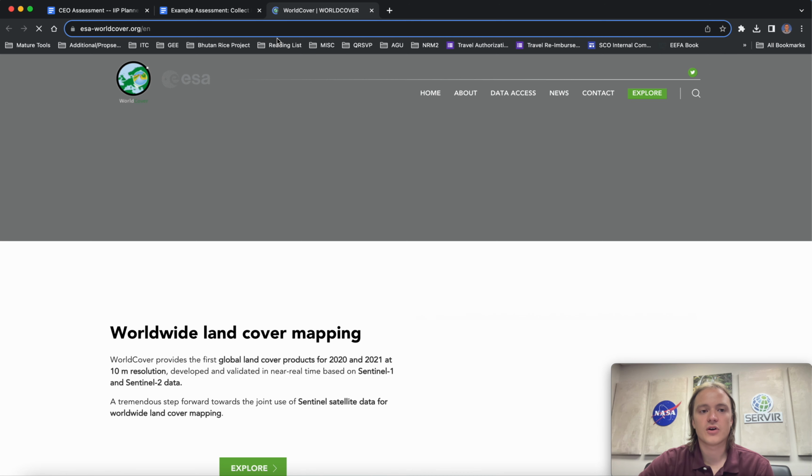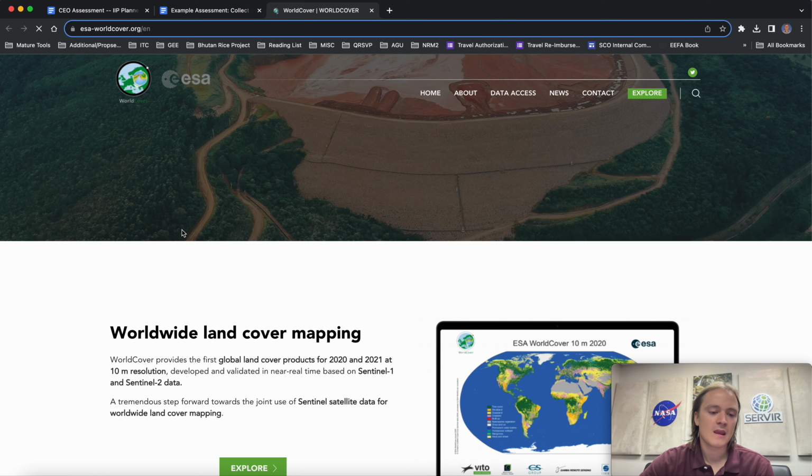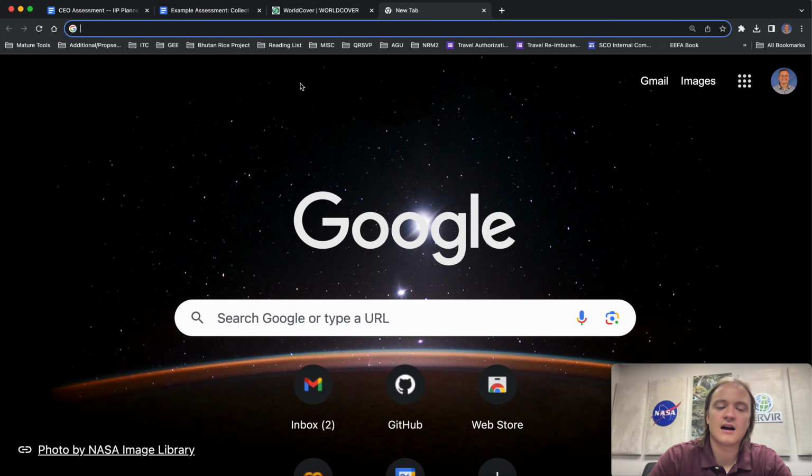So for your study area, you may choose to use a more local land cover map. But I chose this specific land cover map for a number of reasons, one of which is that it has a very broad classification schema, so it doesn't delve into the different kinds of forests or the different kinds of vegetation, aside from distinguishing between shrubs, grassland, and crops. So this very broad classification schema is going to be useful for this general land cover map that I plan to make. And the second reason I want to use the